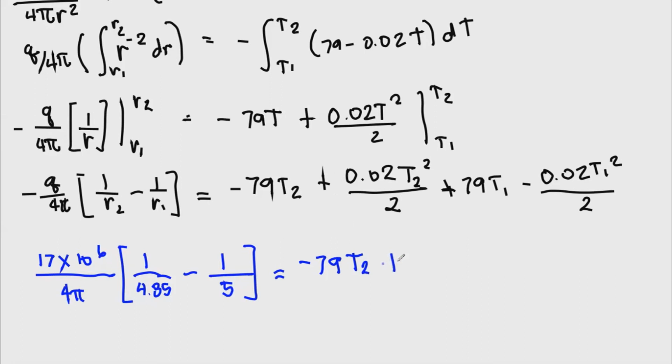And then, plus, we have there, plus 0.02 T sub 2 squared over 2, or you can just simply write this as 0.01, and then plus 79. Our T1 here is, remember, that is